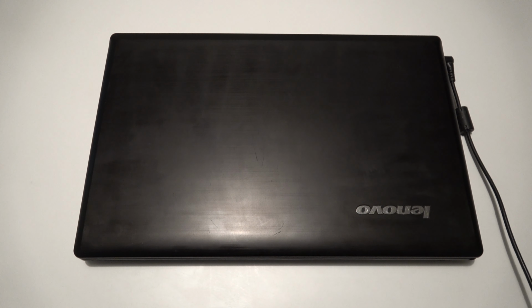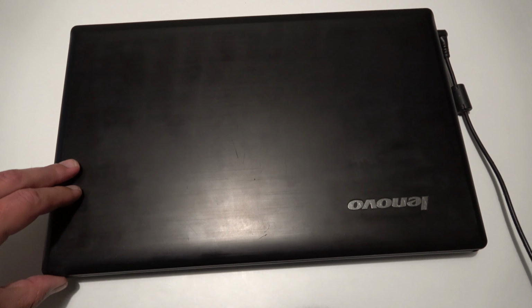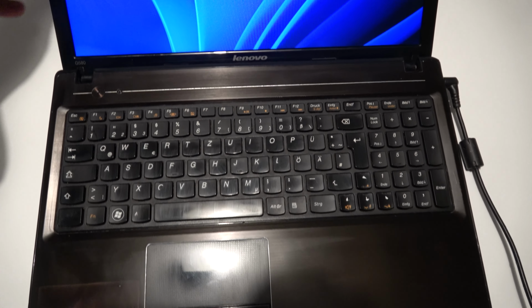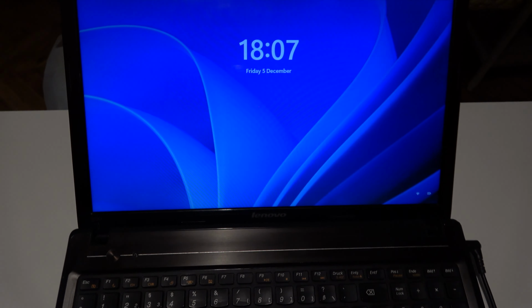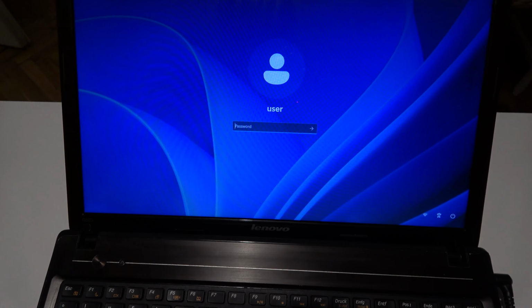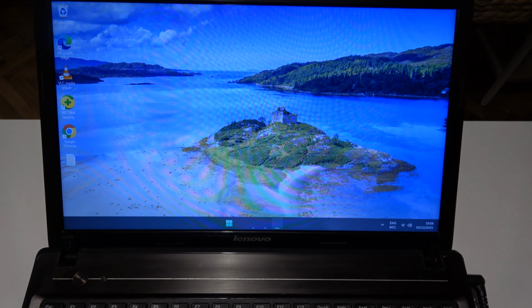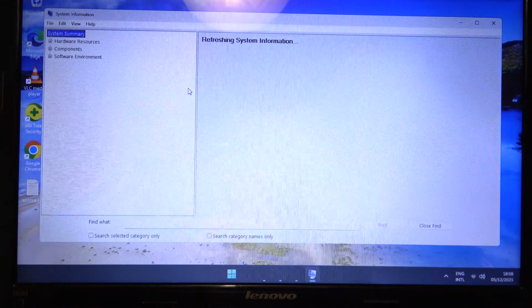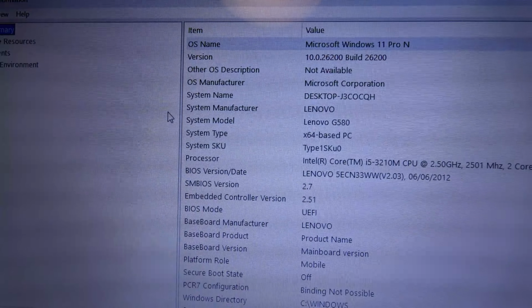Right, guys, this is a machine that has a GeForce 640 GPU processor, and it's already old enough to be supported well under Windows and Linux, but still, here are the configurations that I managed to run correctly in order for the integrated Intel and NVIDIA GPU to run correctly. And from system information, you can see that we're running on a Lenovo G580 with an i5 third generation Ivy Bridge